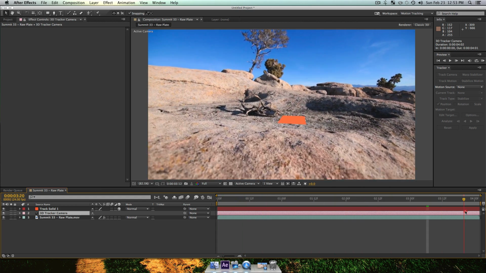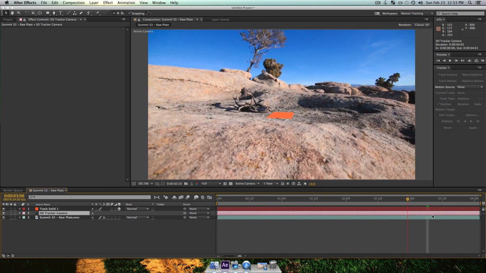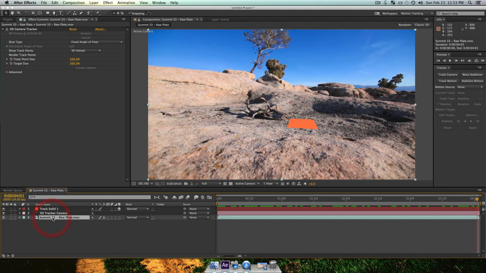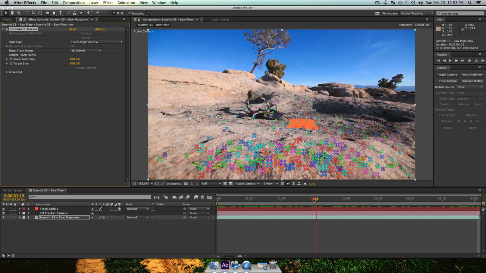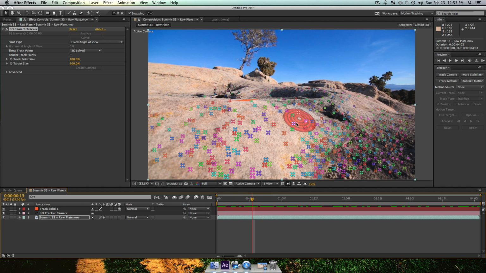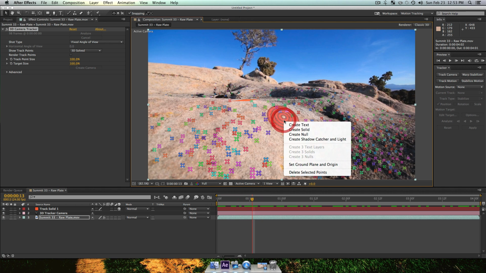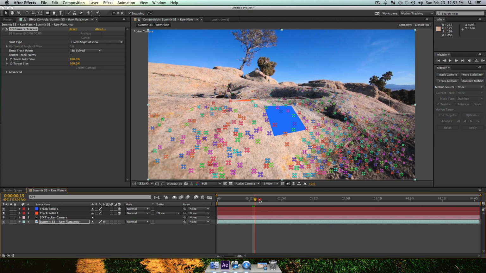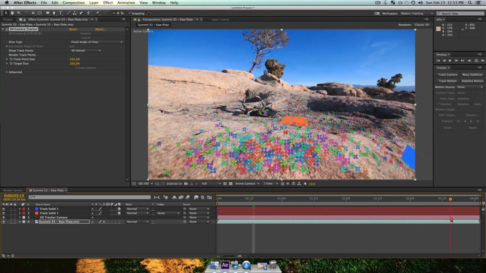So as you can see, we now have a sticky note, is what I'm going to call it, just on our scene. So let's add another sticky note and just select our 3D camera tracker layer and just select another point just for reference. So I'm going to line it up with this hill here. So right click and go to Create Solid. And I like to use solids instead of nulls just because they're easier to see.